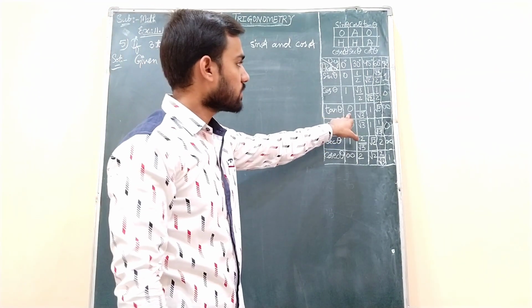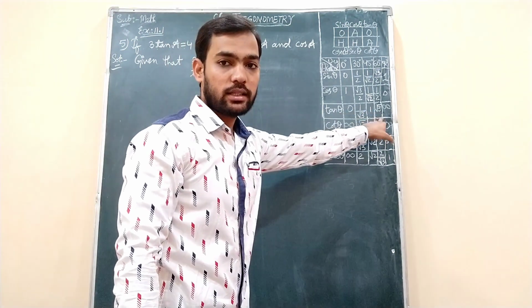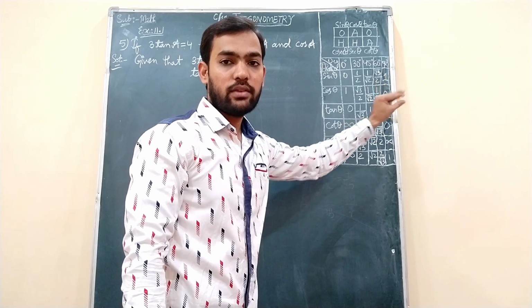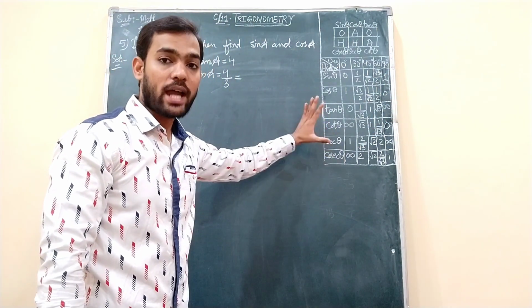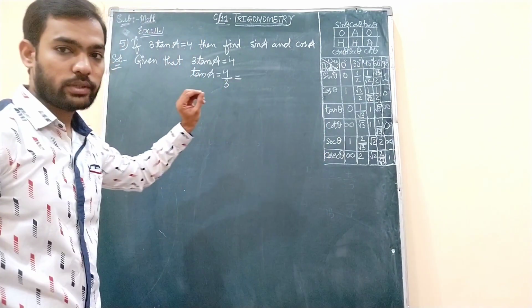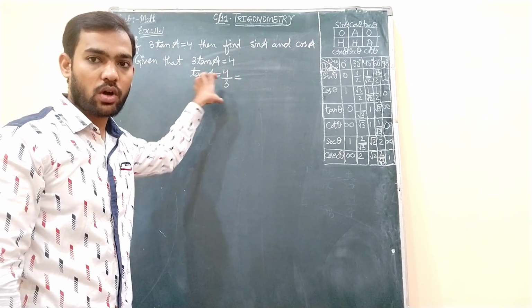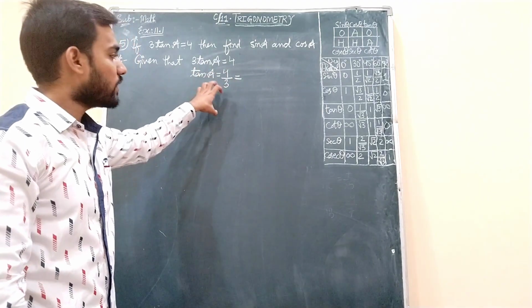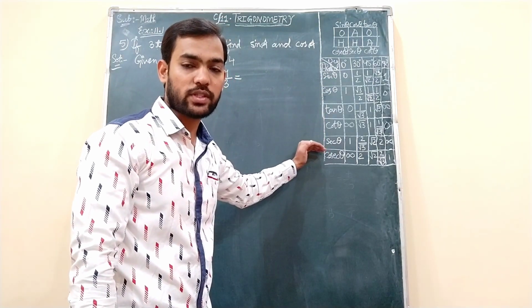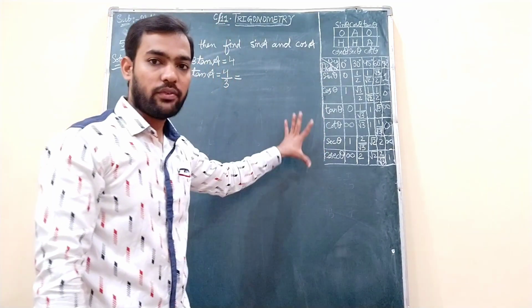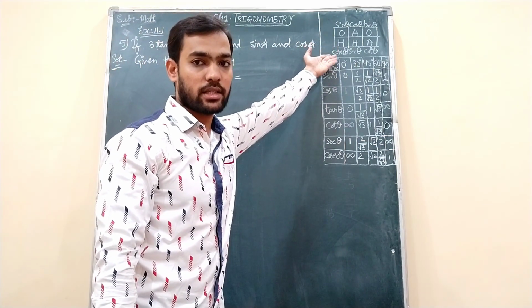If you see the 0 degree value is 0, then 1 by root 3, then 1, then root 3, then not defined. Which means 4 by 3 does not exist in this table. So at that time, what you have to do? Students, remember, whenever you get these type of questions, where some tan ratio or cos ratio or sin ratio is given, firstly, you should check that value in this trigonometric ratios of specific angles table. If it is not there in this table, then you need to use this formula, opposite by adjacent.